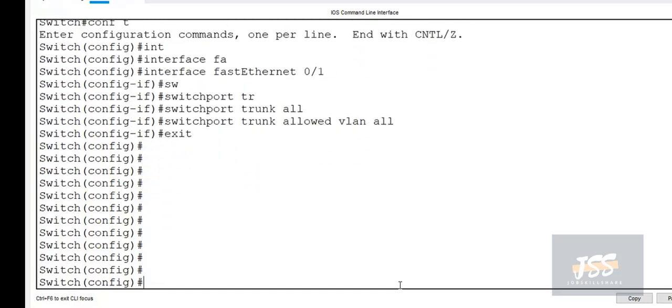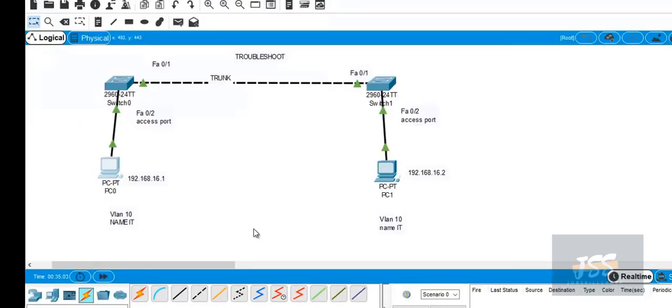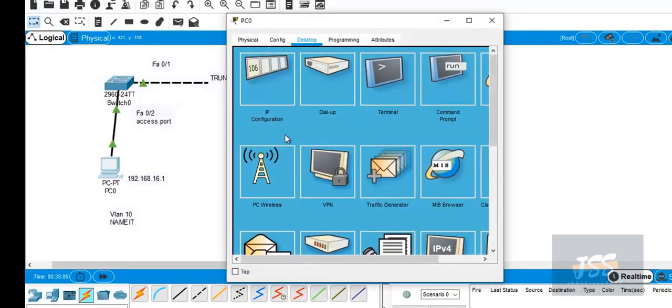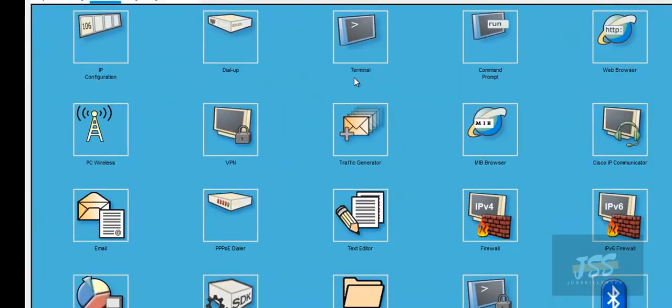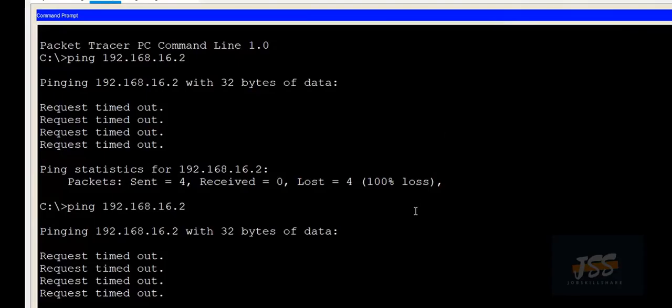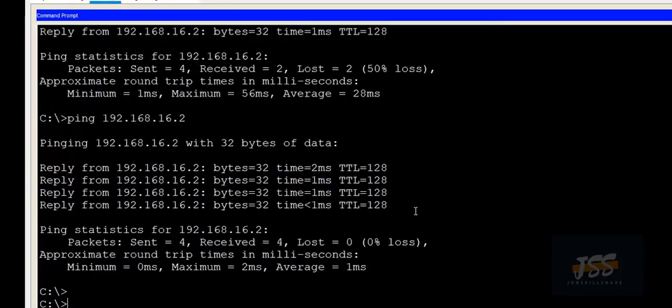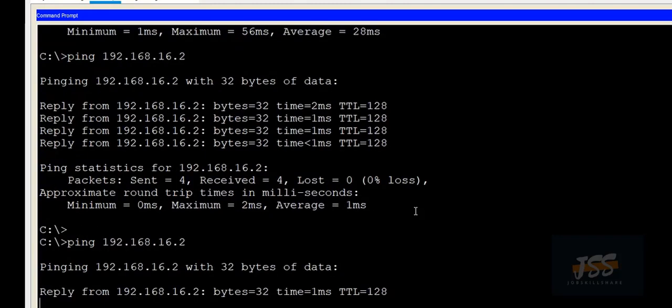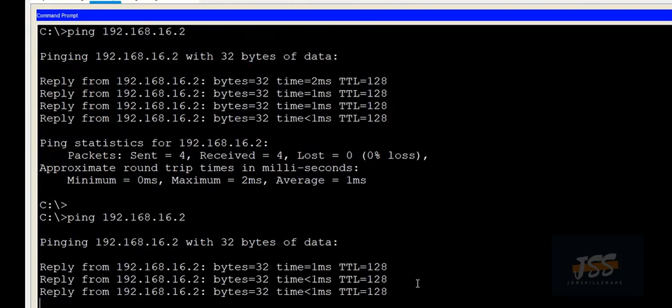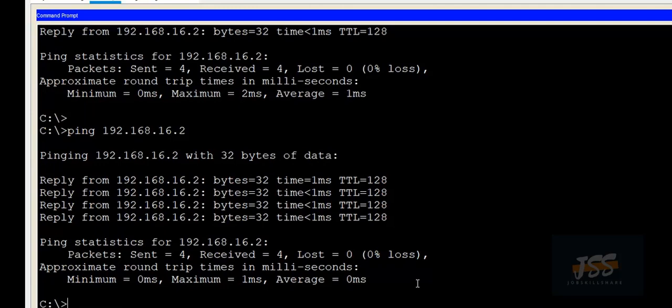Moving to PC0 and pinging PC1 on switch 1, you can see it can ping PC1. It means connectivity is now established. We have eradicated the error.